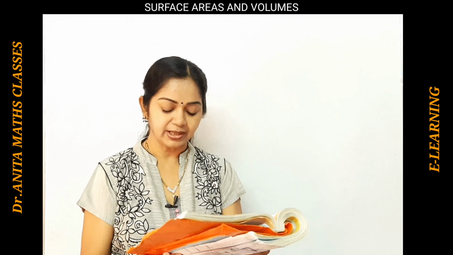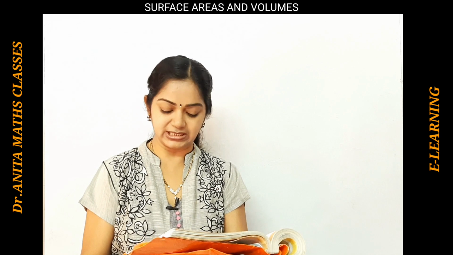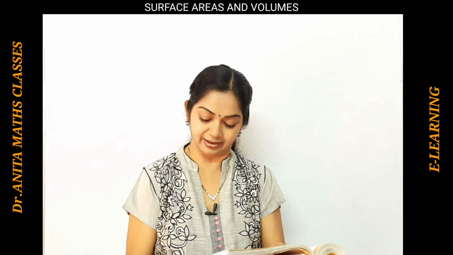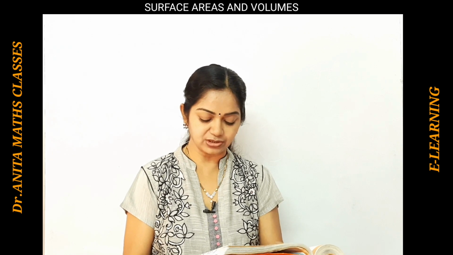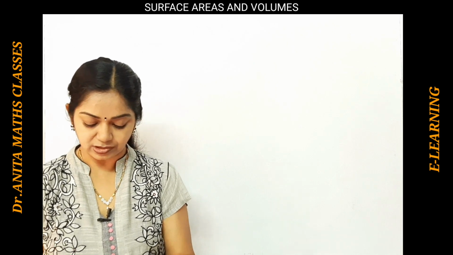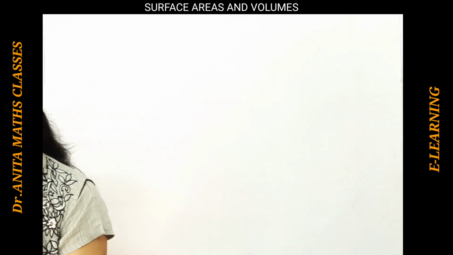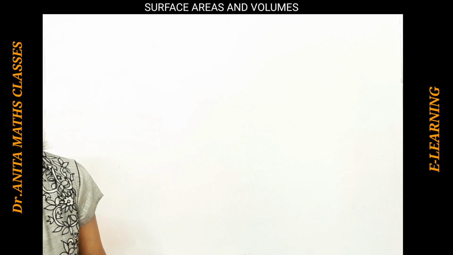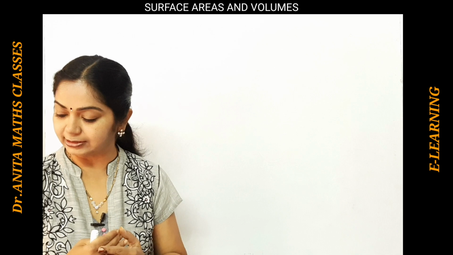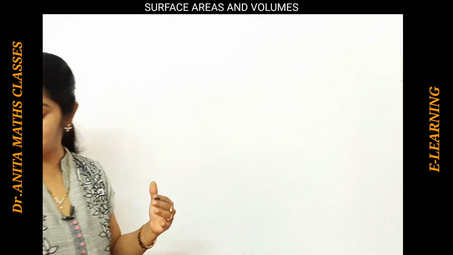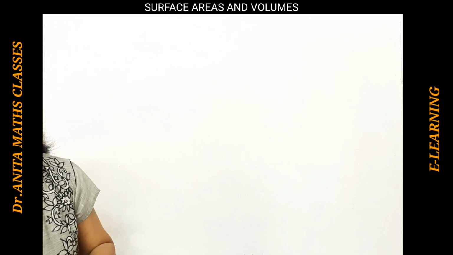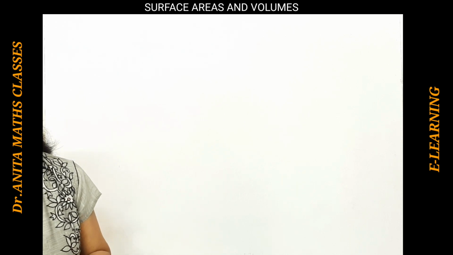Now the sixth problem. The height of a tent is 9 meters. Its base diameter is 24 meters. What is its slant height? Find the cost of the canvas cloth required if it costs rupees 14 per square meter. So here given the height of a tent and the base diameter, now we have to find how much cloth is required to form that tent. So the tent is in the shape of a cone, right? The base radius is given. Here find the cost of the canvas cloth required.